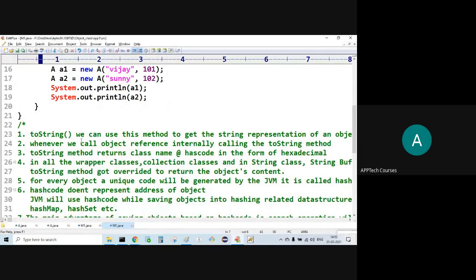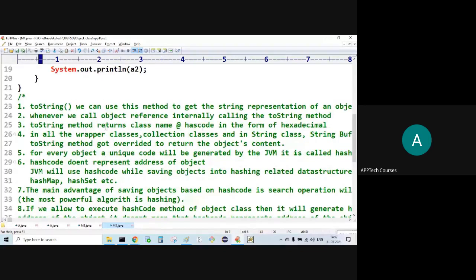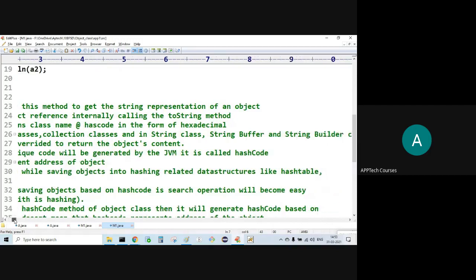We can use the toString method to get the string representation of an object. Whenever we call the object reference, internally it is going to call the toString method of the Object class, which returns class name @ hash code in the form of hexadecimal. In all the wrapper classes, all the collection API classes, the String class, StringBuffer class and StringBuilder class also,